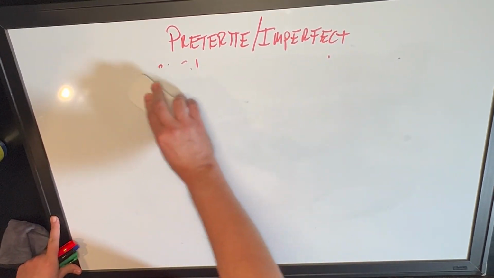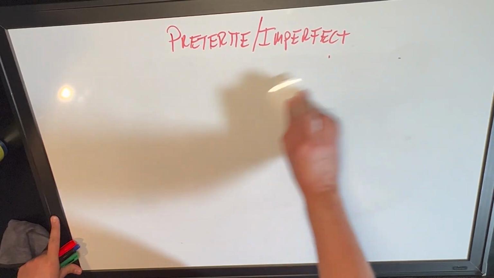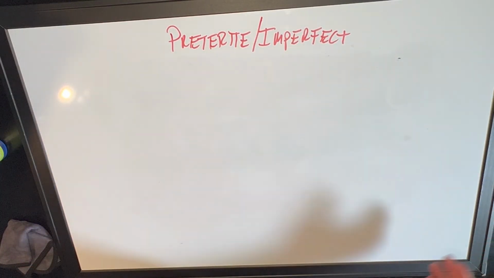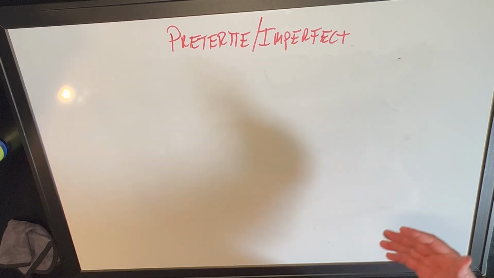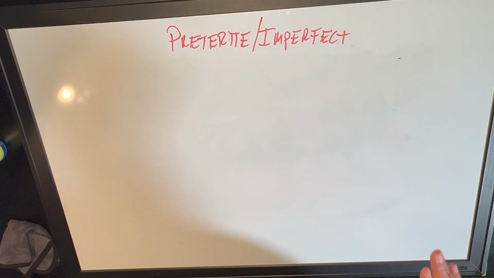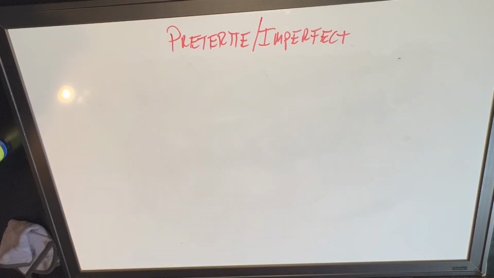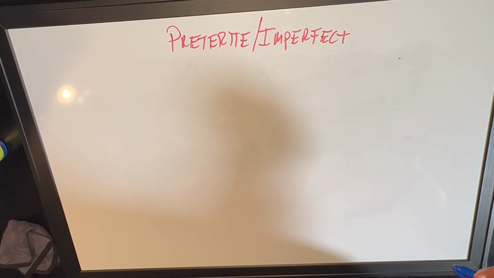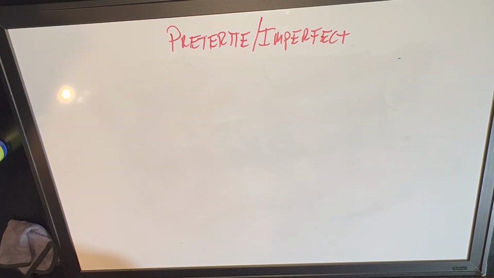Okay, there are other uses of the preterite and imperfect. And I have another video in which I explain in detail other different uses. I'm going to make that other video available for you in Canvas. Okay? Whenever we are giving background information in the past, we use the imperfect. Whenever we're talking about completed actions, we use the preterite. I have this